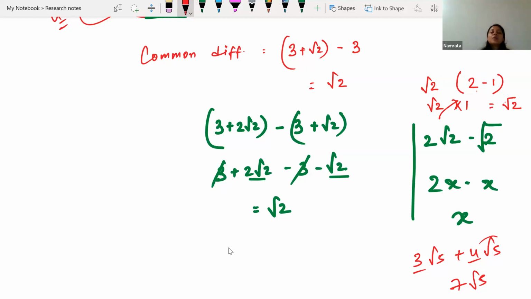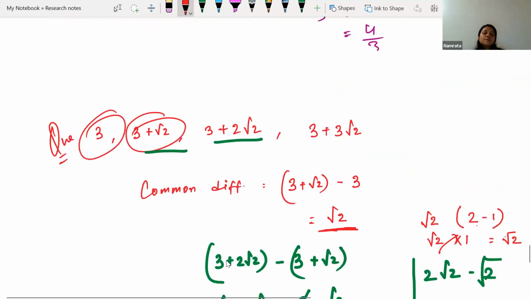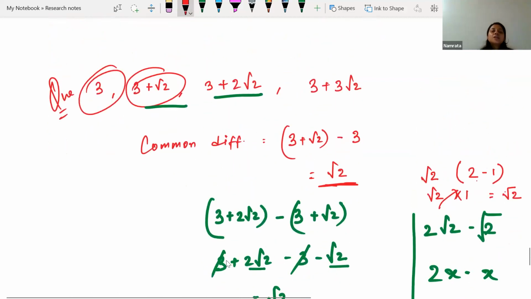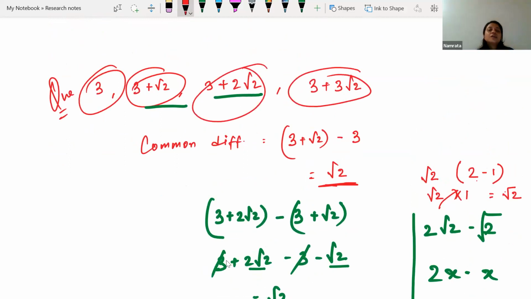So I can see the common difference is same. Here is root 2, here is root 2. Let me check if more terms are given over there. No. So yeah, yes, one more term is there. Let's check them. So difference between this one and this one. Here only we can say the answer will be root 2. Difference between 3 + 3 root 2 minus 3 minus 2